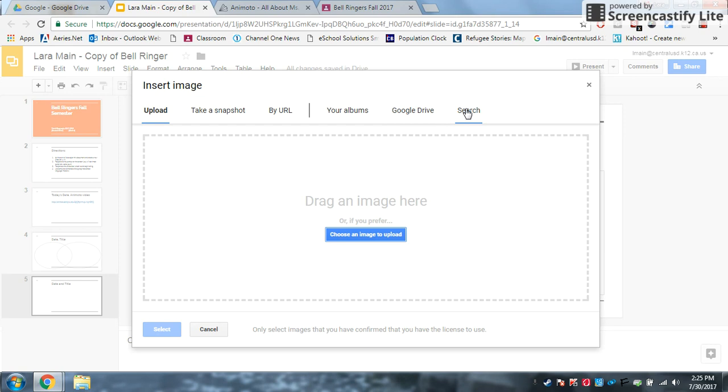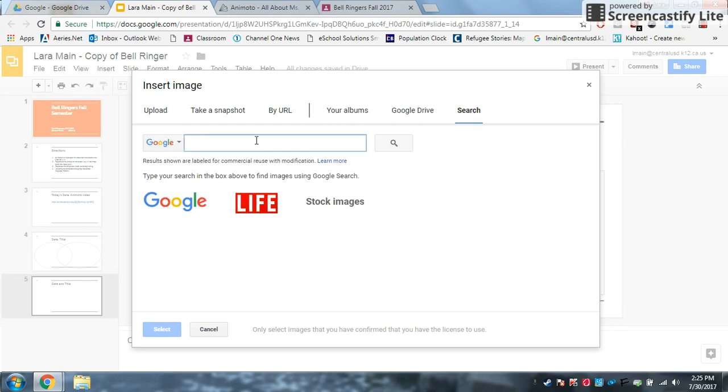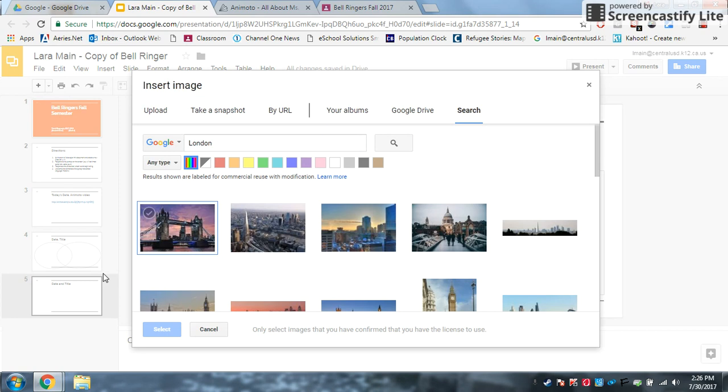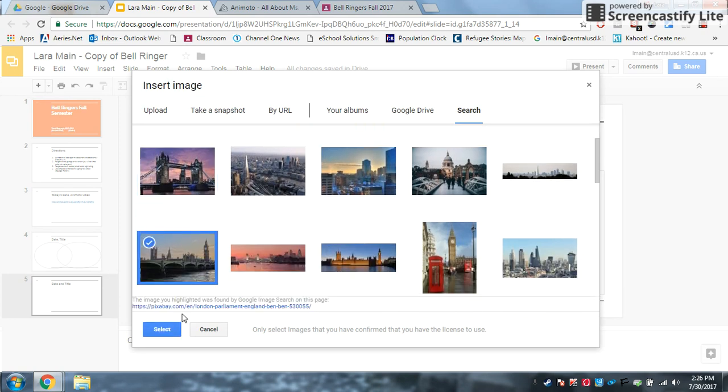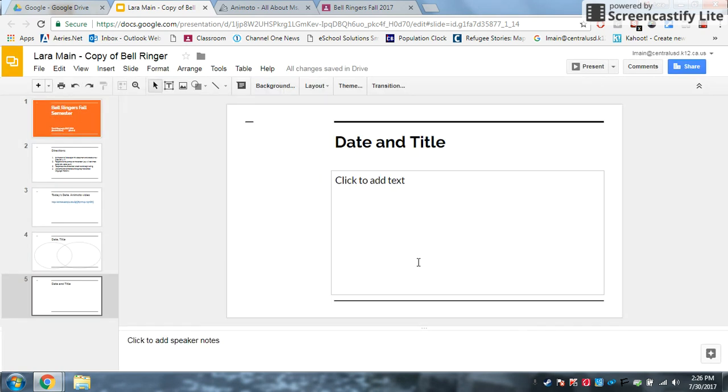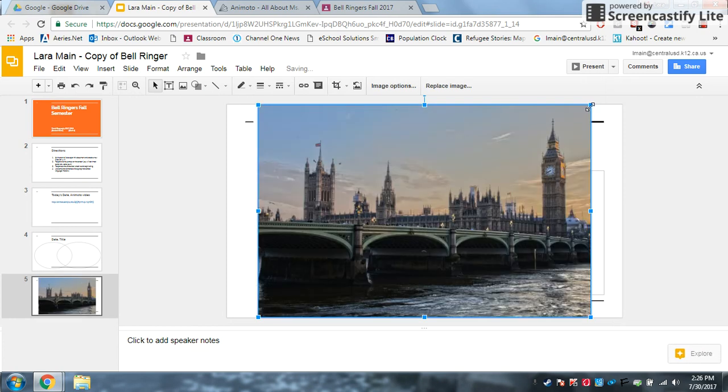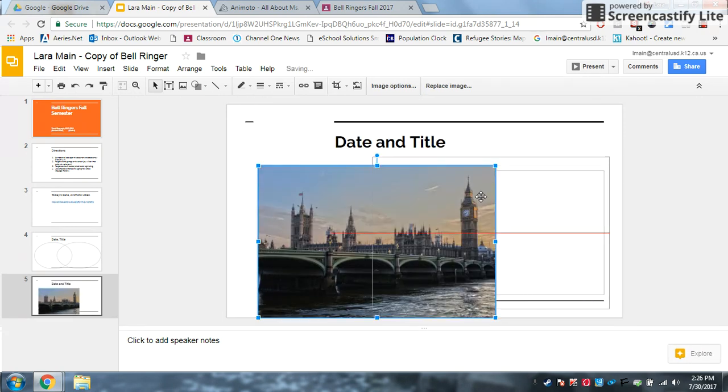And you can go ahead and you can go over here. You might have some, but probably not. It's easy enough just to search. And I would want to go to London. It is one of my favorite cities in the world. And so I would find one. I like that picture. I'm going to hit select and it will insert it